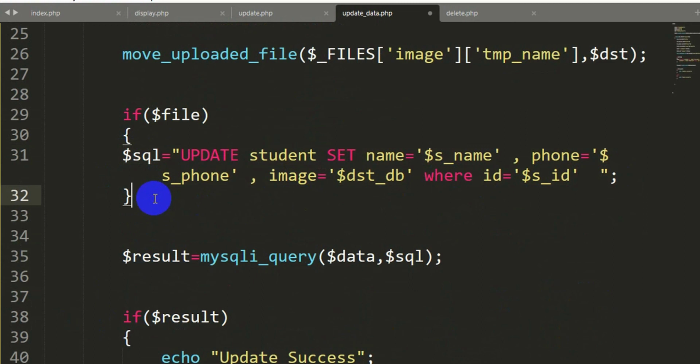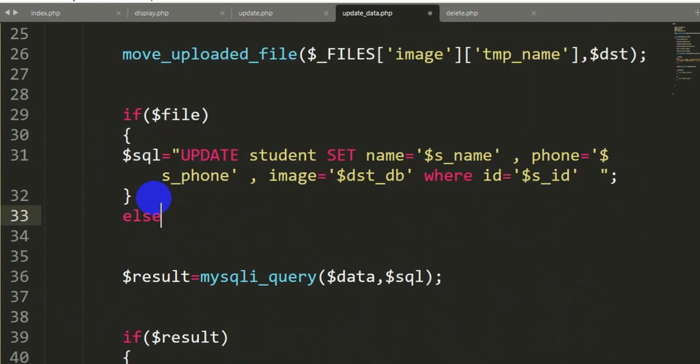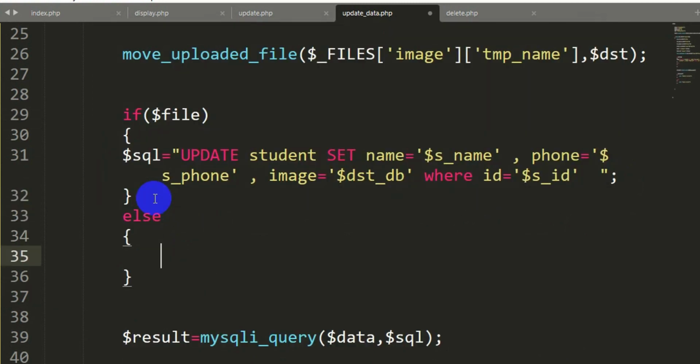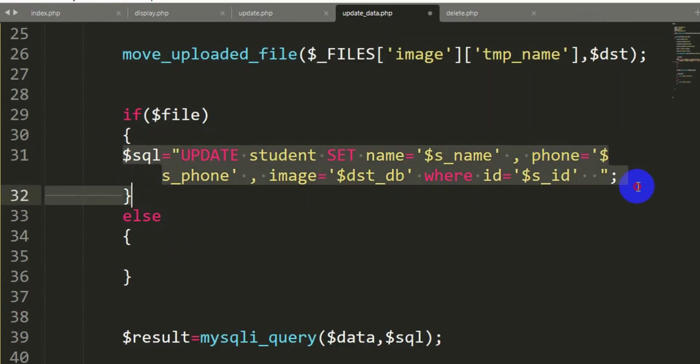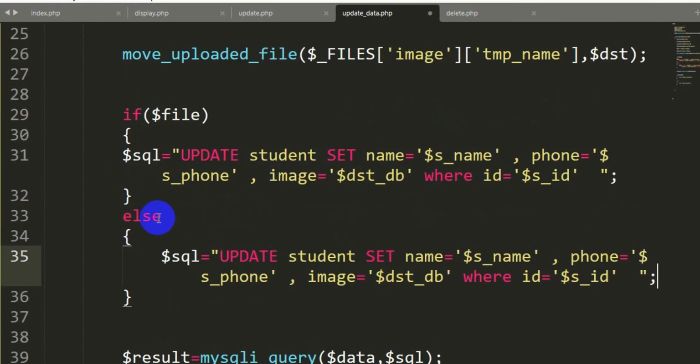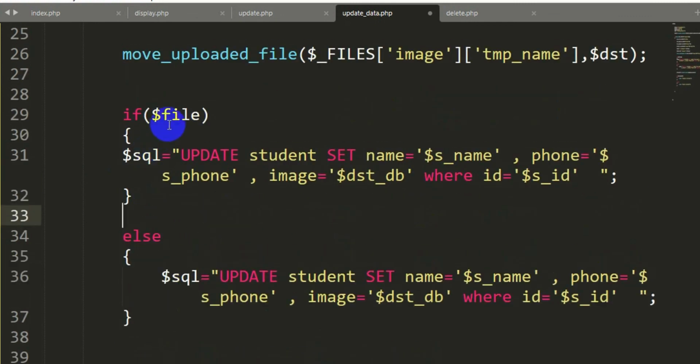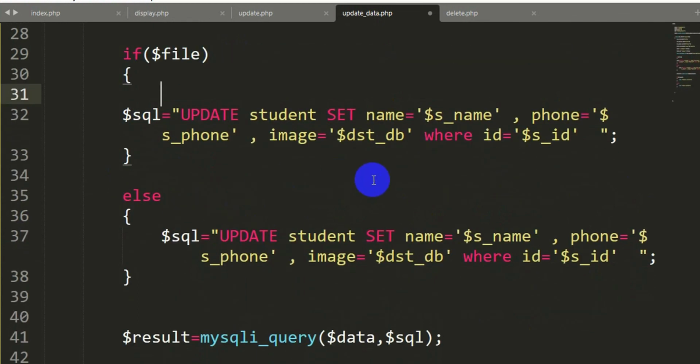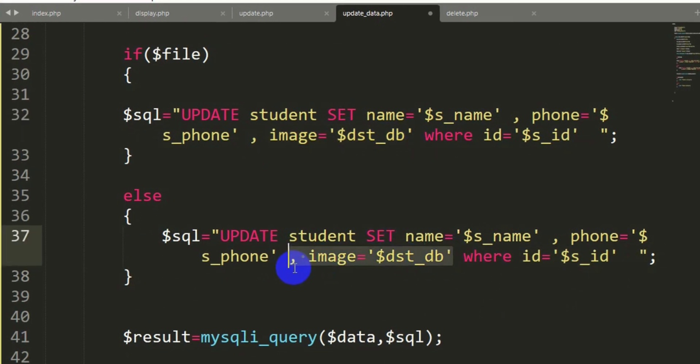Now we'll give an else condition. Else we'll put the same query over here, Control C and Control V, but this query will be a little bit different than before. Here you can see that we write image is equal to $DST_DB, but we are going to remove this $DST_DB from here.